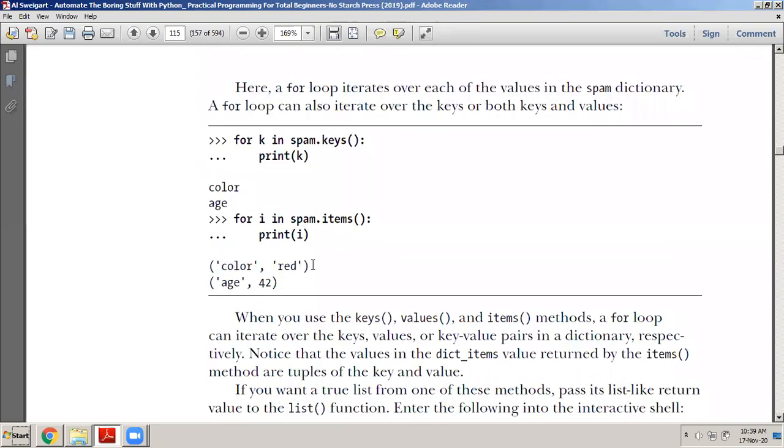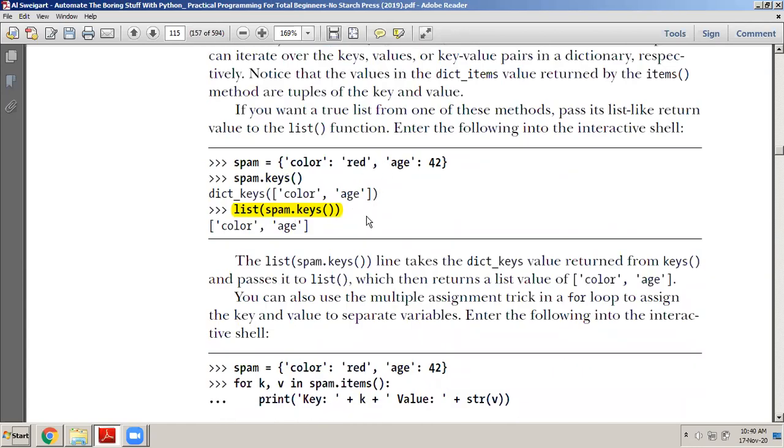Okay, so remember that what I do here is I take a for loop, for i in spam.items. If I say print i, first it will display me the first item of the list. It will display the key comma value, key comma value. So it will display me this. So spam.keys is a method which will give me back the list of all the keys of the dictionary. Spam.items is another function which is used for getting all the items of the dictionary. Spam.values is another method which we use to extract only the values of a dictionary.